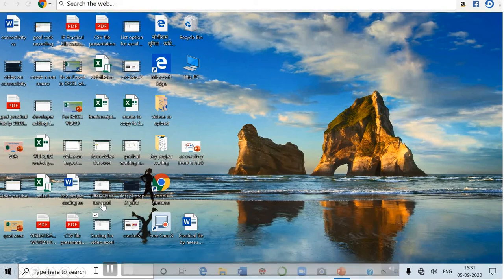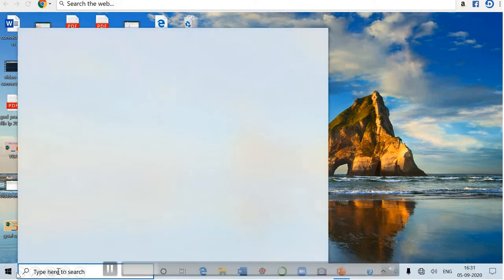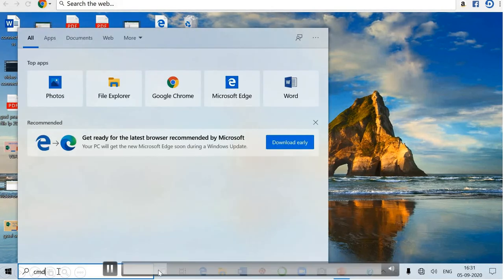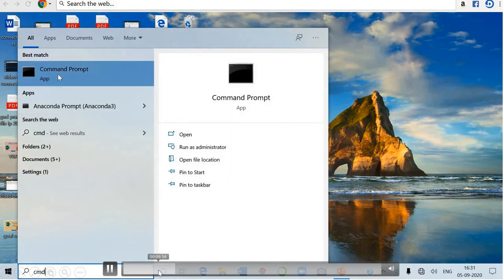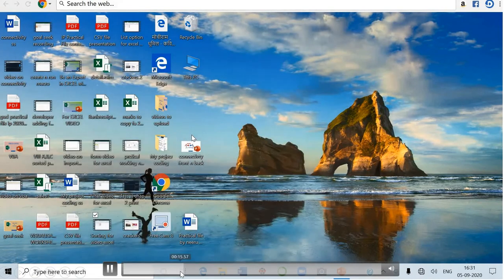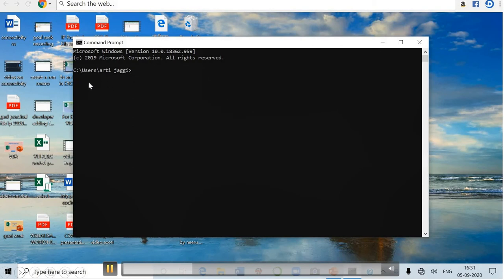So now I'm going to install the connector. How can I do that? I'm showing you the steps here. In the search box, type here cmd. You will find this option here. Click on open. Now it is open for you. This is given to you by default. You just have to write here pip install mysql-connector.